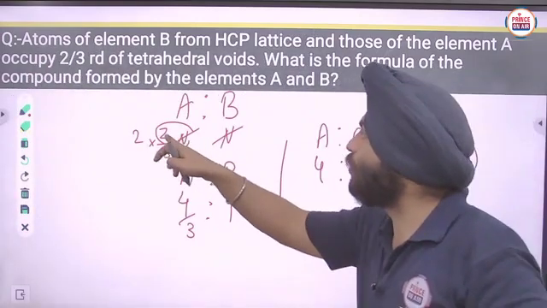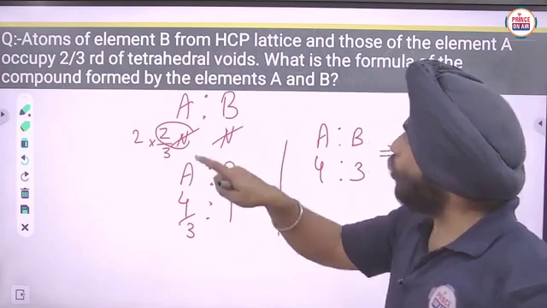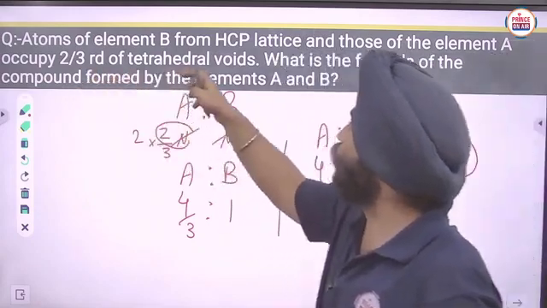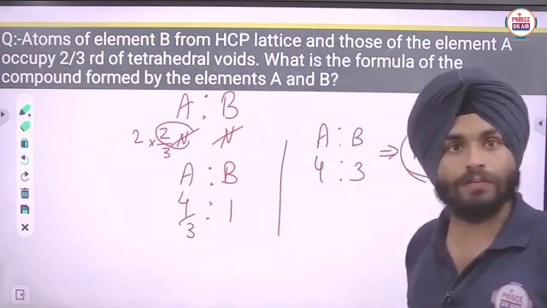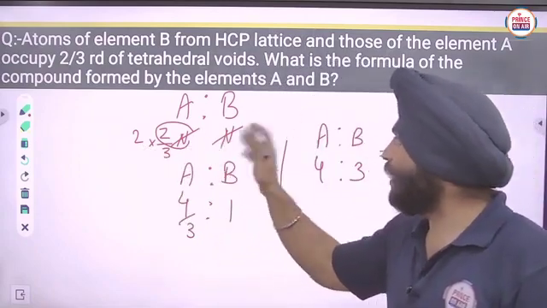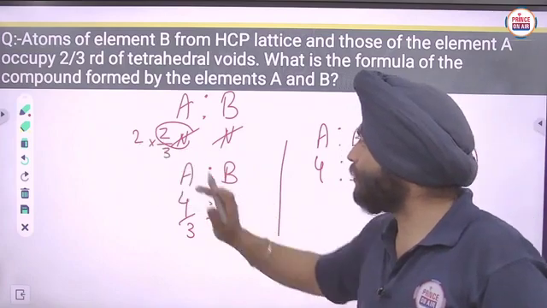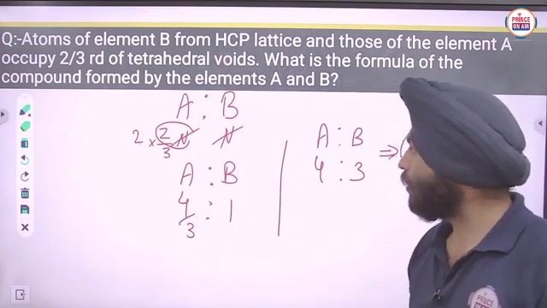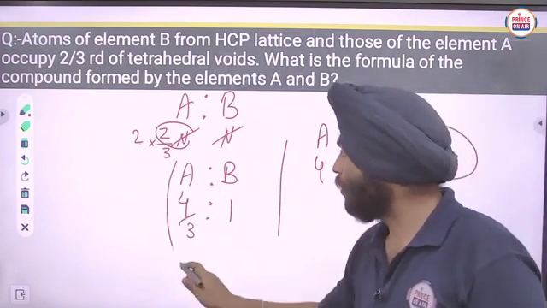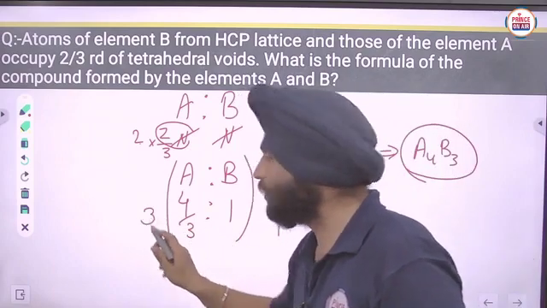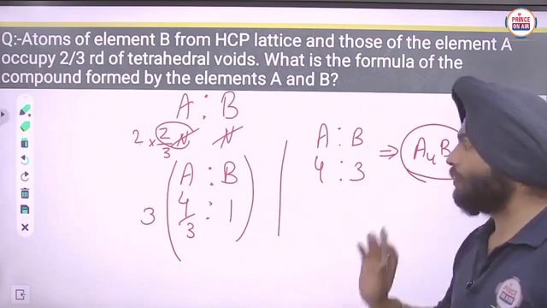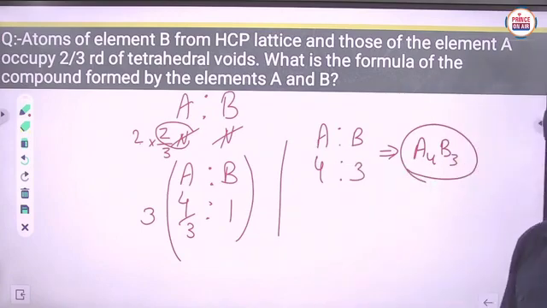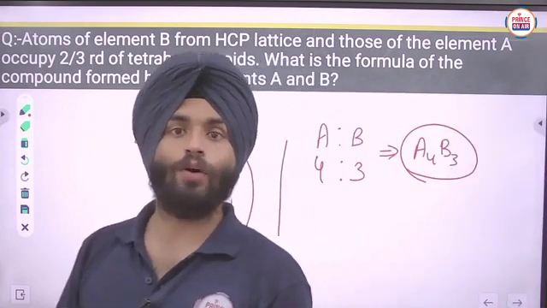But they are occupying only 2/3 of the tetrahedral voids, so we have multiplied by 2/3 here. So n is cancelled with n, and it will become 4/3 to 1. Multiplying both sides by 3, the ratio will become 4:3. So the formula will become A4B3.